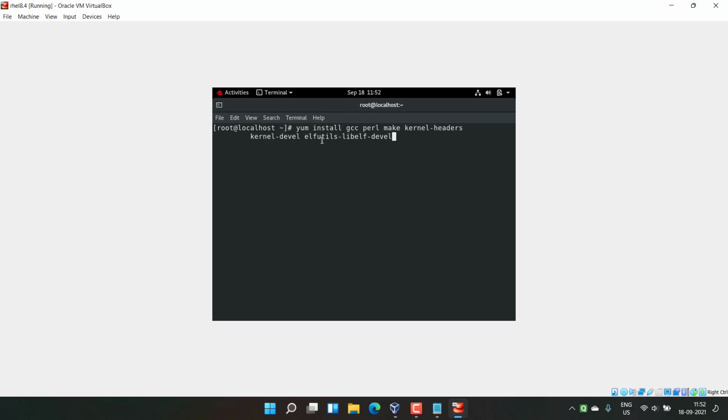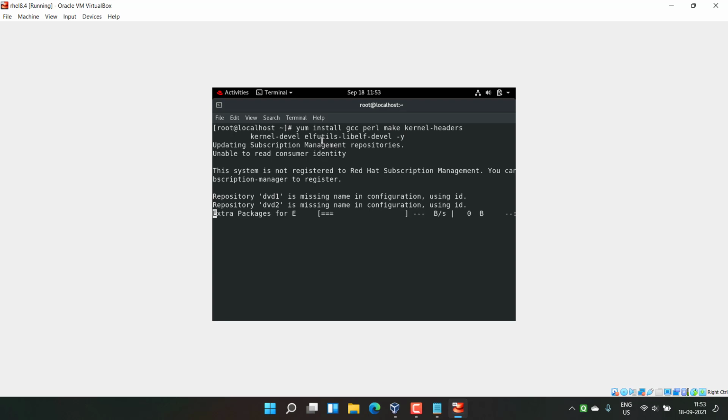So these 5 or 6 softwares we need to install on our RHEL 8.4 so that we can install the Guest Additions CD. Then I will give the -y just to auto approve.